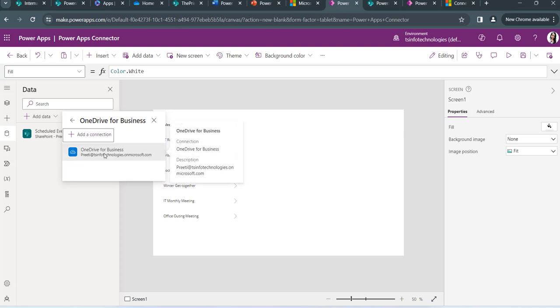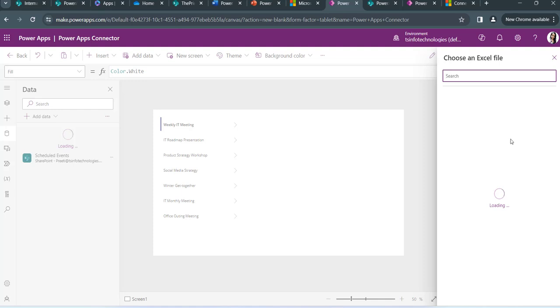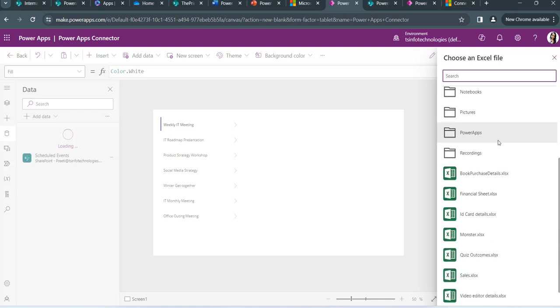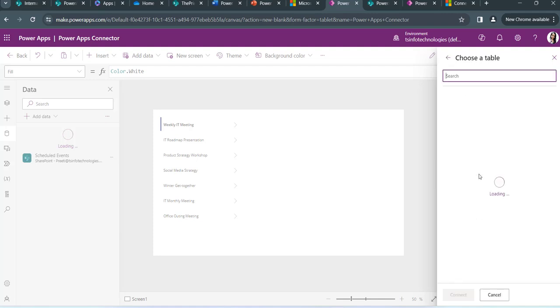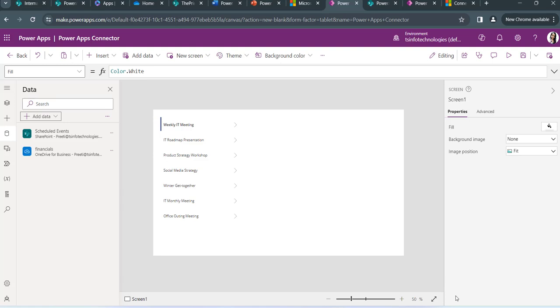If it already exists, just click on it, and then it will show you all your Excel sheets. You can see financial sheet over here, and it will display that your table name is financial. Just click on it and then click on connect. That's it. Now it's done. Now suppose you want to